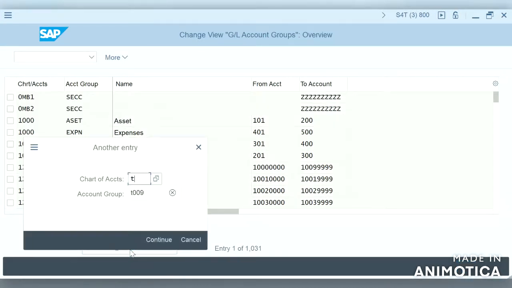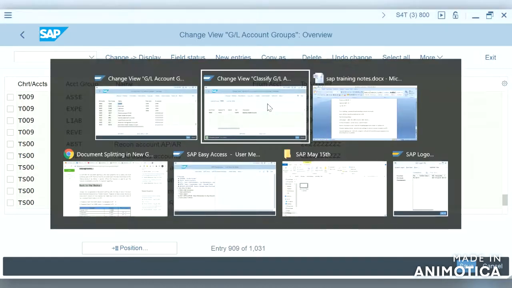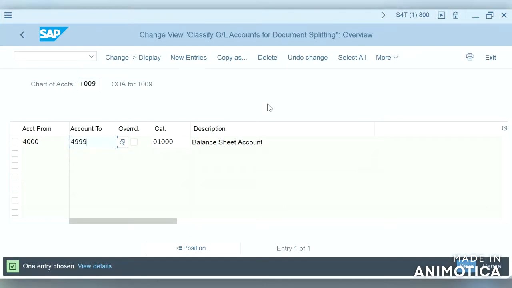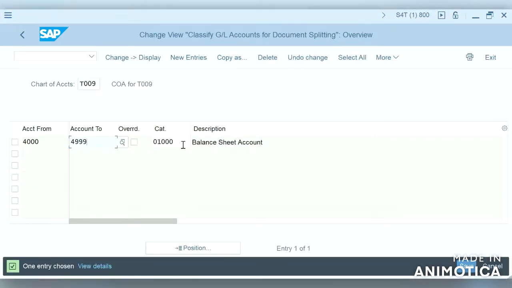And our chart of accounts is T009 and 2000. So 4,000 is expenses.